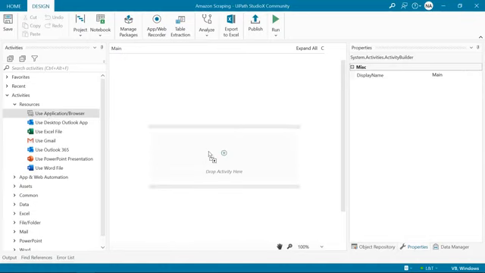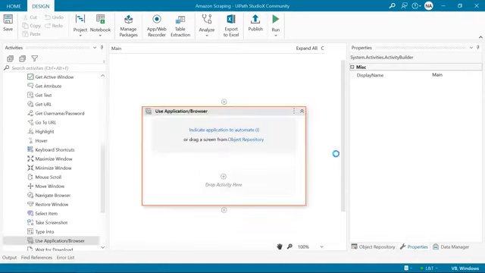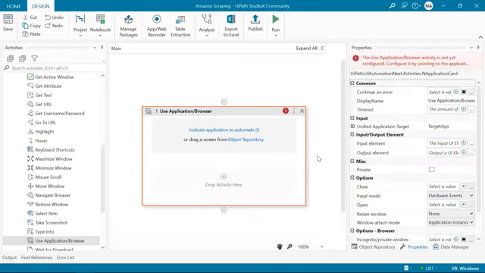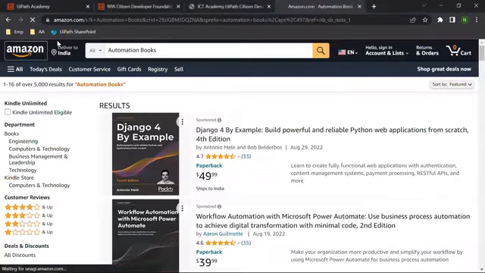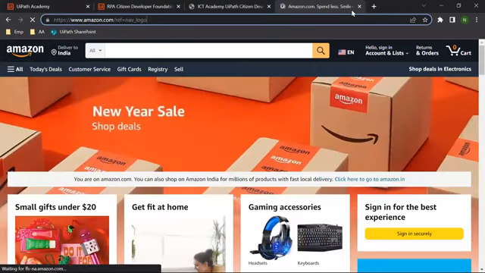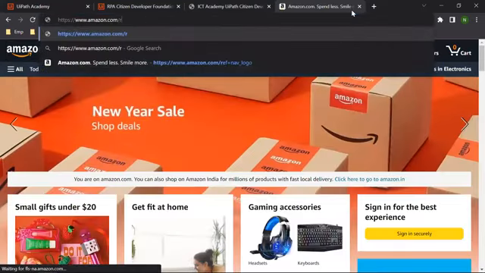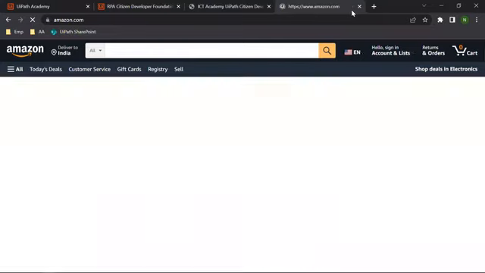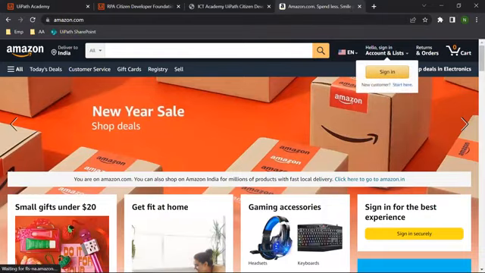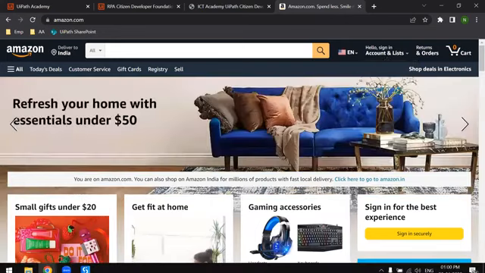So we'll drag and drop the Use Application/Browser because we want to start the Amazon page first, and then we will start scraping data from there. So let's go to the Amazon page over here, and let's click on the home page so that we get the home page URL correctly. So the home page URL would be amazon.com. And now what we will do is we'll go to the UiPath Studio X,